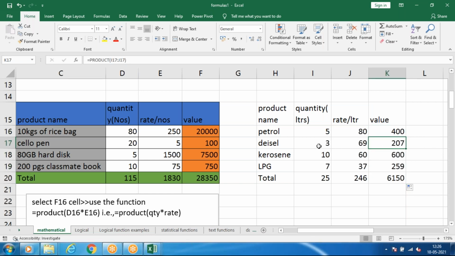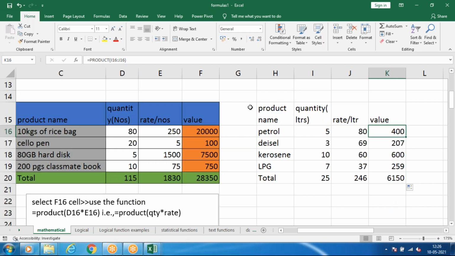This cell will take this as the range, this cell will take this as the range. So the range automatically it will choose. You need not select. Only for one cell you have to select. So for the other cells, if you click and drag, automatically it will take by itself. From the square dot you have to drag.